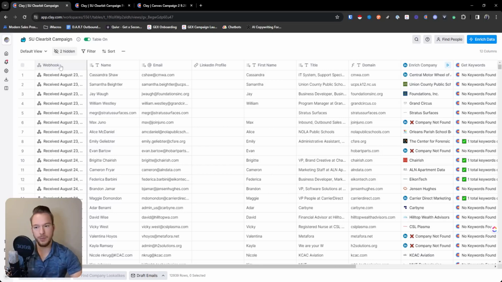So just go into your Clearbit account and set your webhook. Clay is going to give you a webhook inside of the table. Copy and paste that webhook link, send it to Clearbit, and then you'd be able to start receiving data from